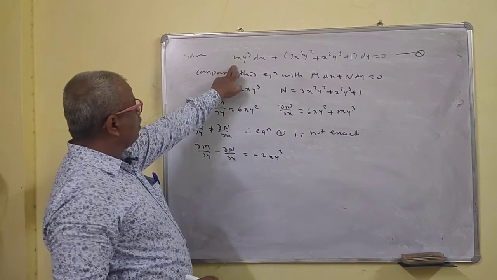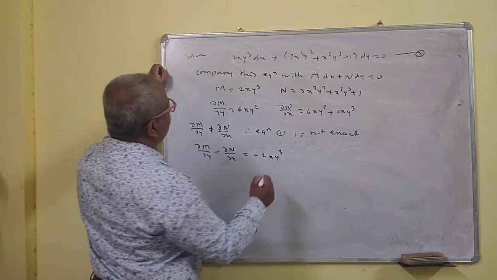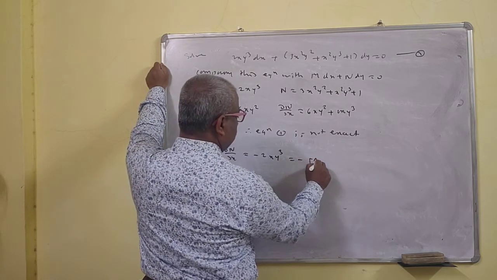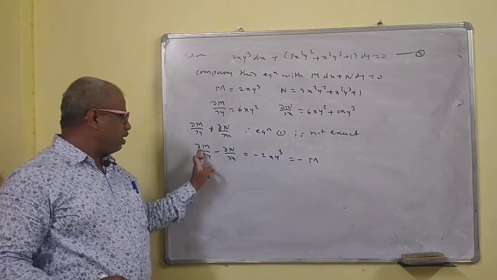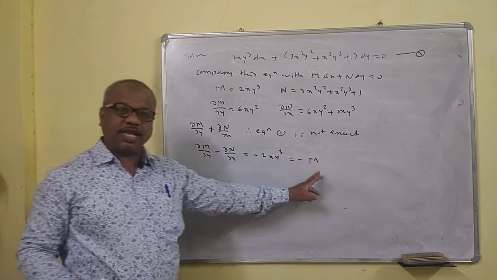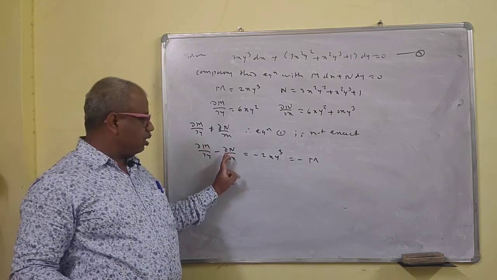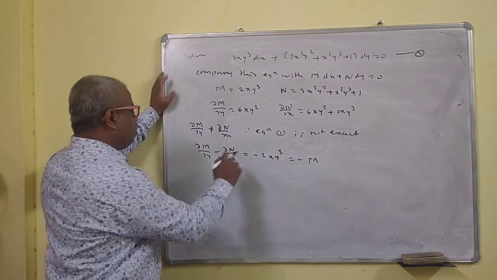This is your single now here. Twice xy³. So this is what then? Minus. This is minus m. Okay. So if this is minus m, then there will be... If it contains m or if it contains n, then the minus sign goes to the m now. Okay. So that means you have to change the sign.